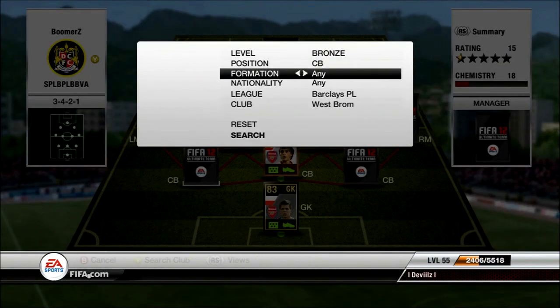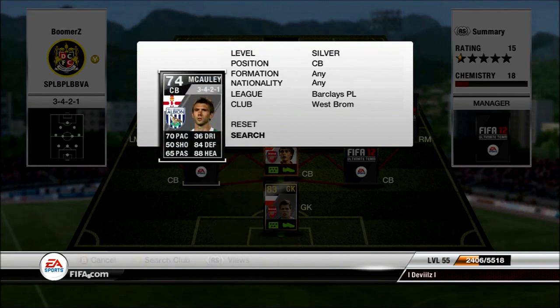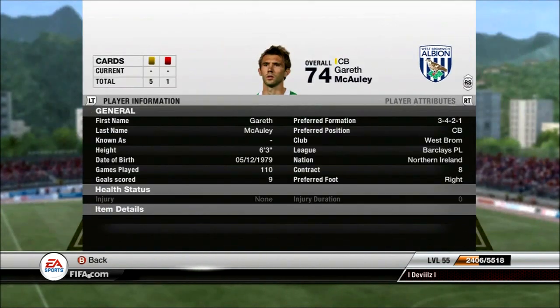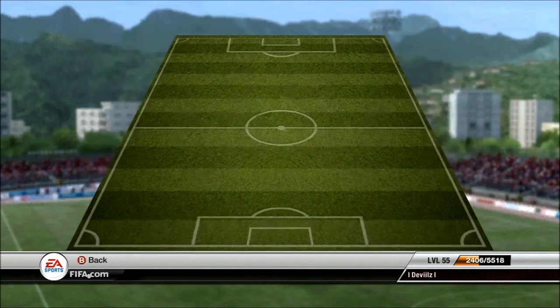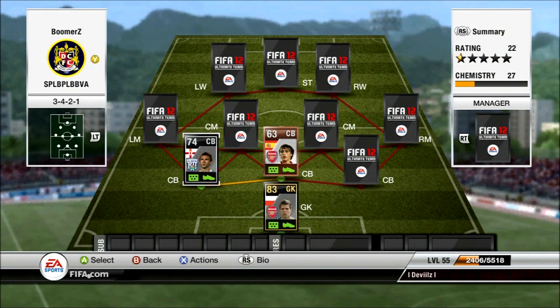So, at left centre back we have a silver in form, Gareth McCauley from Northern Ireland, costs 45k, and his stats again are pretty good. 70 pace, 84 defending, 88 heading, and this guy's a really solid centre back. And for 3-4-2-1 you want really solid centre backs and preferably good centre mids, and this guy definitely does the